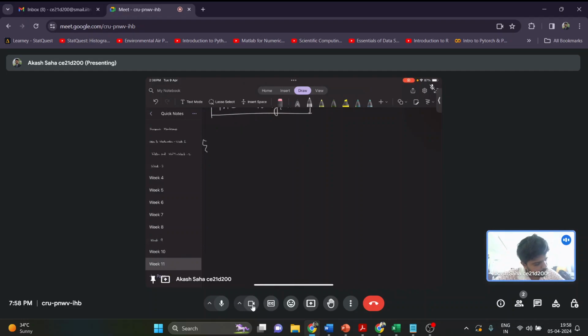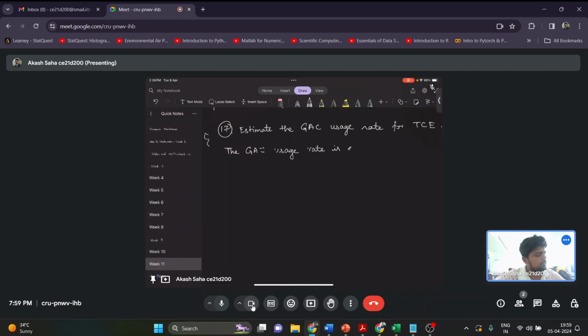Okay, so this is problem number 17. So first, estimate the GAC usage rate for the trichloroethylene. The GAC usage rate is estimated by,